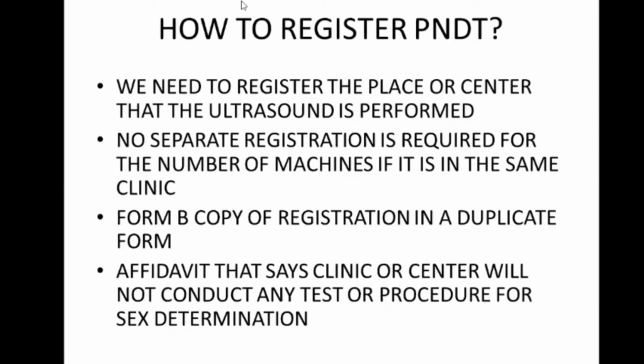So there is no separate registration required as long as you get PNDT for one particular place. But if you are going to start in separate divisions or separate places, you should get PNDT for each and every place. Next one is Form B. So what is Form B? It is the form that has been brought by the Indian government, that you should register. I have given a detailed explanation of the forms in another sheet. I will explain Form B over there, so that you know what exactly Form B is.